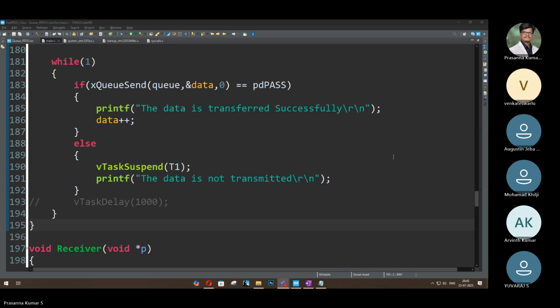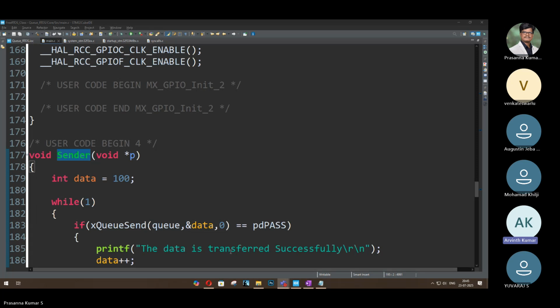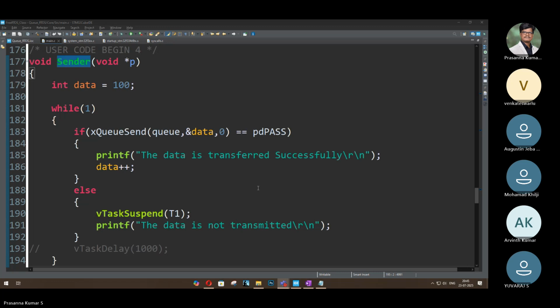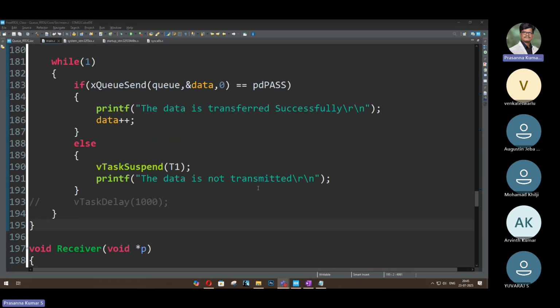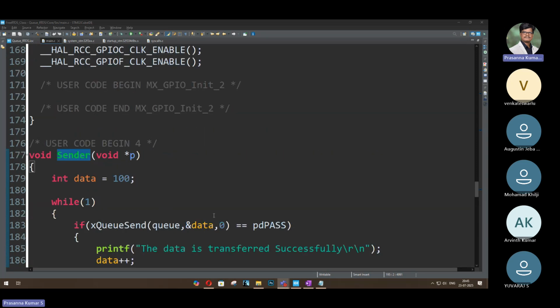Finished? Okay, so this is the queue in FreeRTOS. Yes, sir. So this is in queue. Okay, so the next topic which is left is